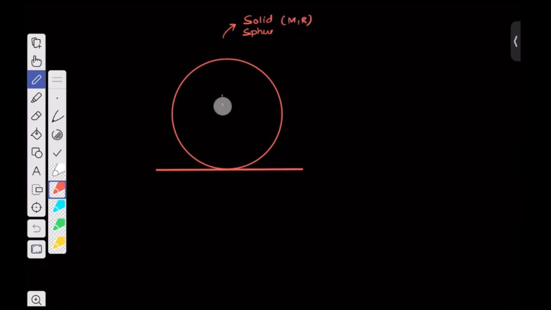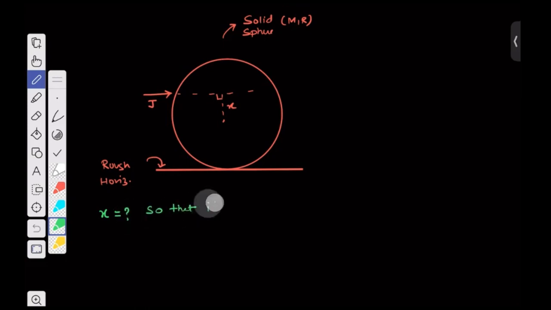What we are going to do is apply an impulse at height x from the center of the mass, and it is kept on a rough horizontal surface. We are supposed to determine what must be x so that it rolls without slipping